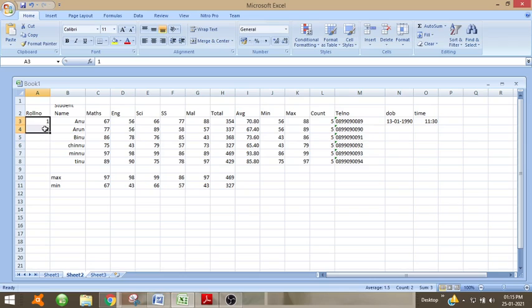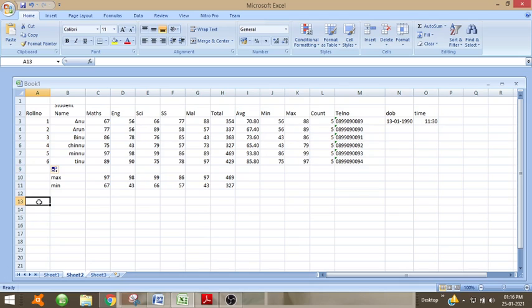Then select them and keep the mouse cursor on the corner. When it becomes a plus shape, left click and drag as far as you need. So 1, 2, then 3, 4, 5, 6, and the numbers are filled in.